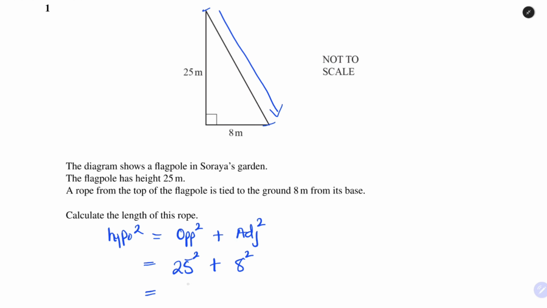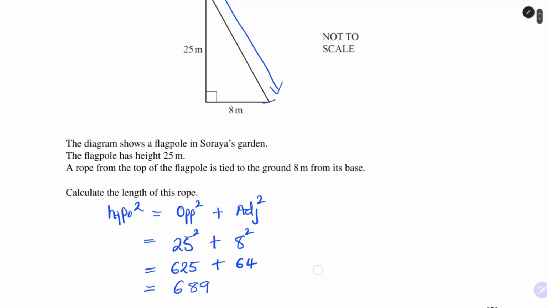What's the square of 25? That is 625 plus the square of 8, that is 64. 625 plus 64 would give us 689. Is that our hypotenuse? No, that is the square of it. So the hypotenuse will be given by the square root of 689. When you punch that in on your calculator, you're going to have